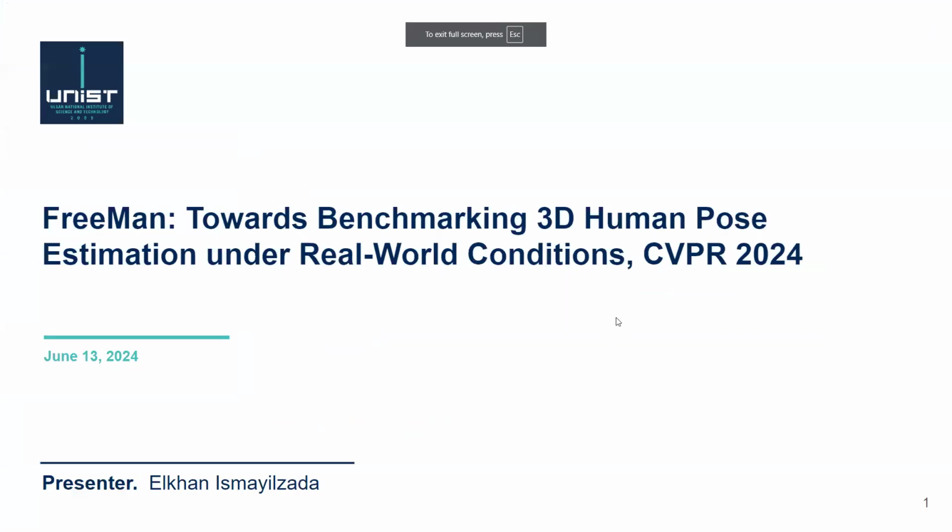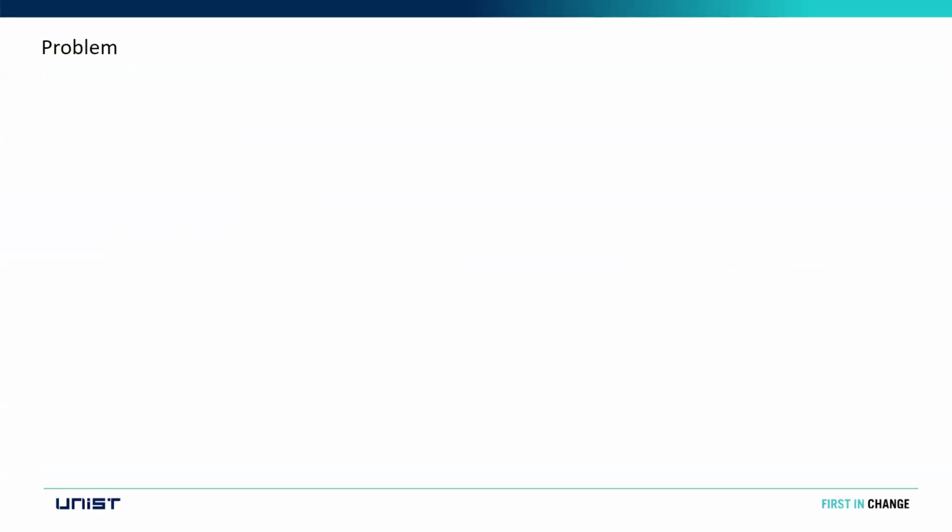So, everyone, today I'm going to present a dataset proposed in CVPR, the FreeMan human pose estimation dataset. It was transferred in human pose estimation under conditions. So let's get started. First of all, what they try to solve in this paper, what is missing in